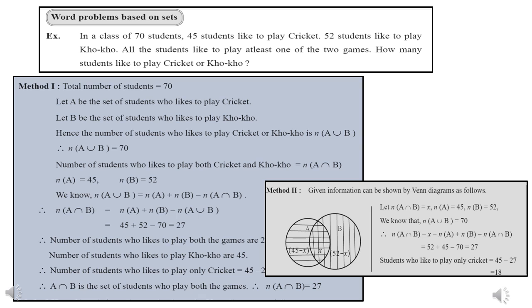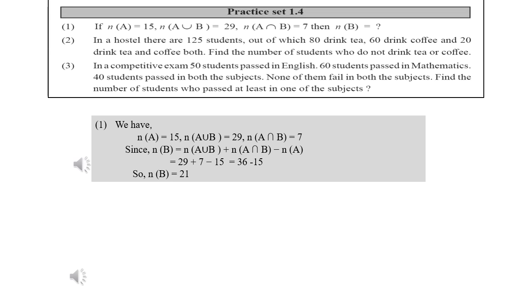You are writing fewer steps, but make sure your Venn diagram is self-explanatory. Okay, like here they have also shown it with the size of the circles. So looking at the figure itself, I understand that set B is bigger. So minute details have to be there in your Venn diagram. Okay, we move further. Start with question 1.